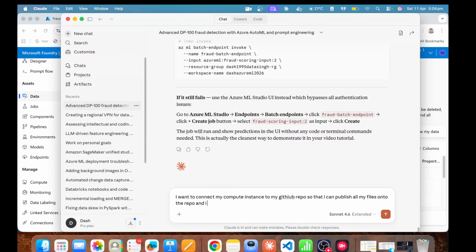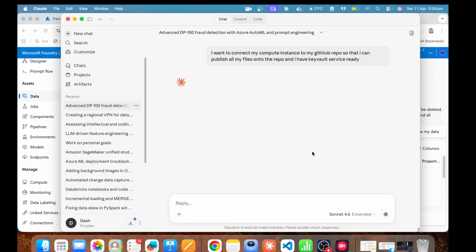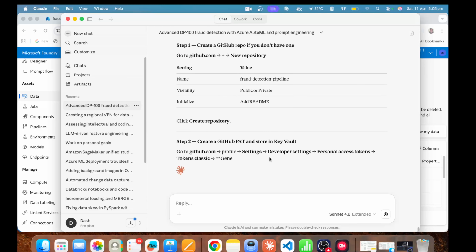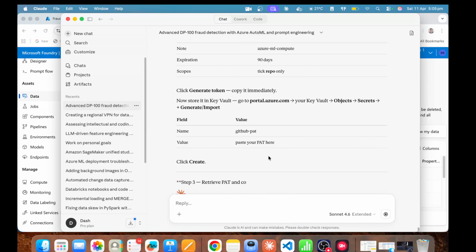And I have Key Vault ready. So Key Vault service itself, there are people making tutorials on it. Key Vault service ready, so let's do this. I already have my GitHub repo, right? What I would do is